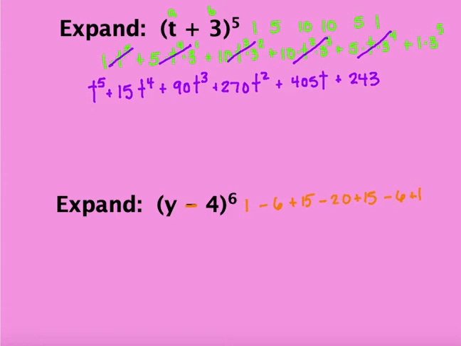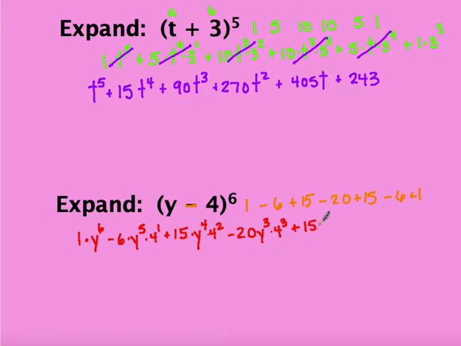So I'm going to start here. I'm going to take 1 times y to the sixth power minus 6 times y to the 5th times 4 to the 1st plus 15 times y to the 4th. So you can see my y's walking down, 6, 5, 4, and now my 4's are going to start raising. 1, 2. Then I have minus 20, y walks down, 4 walks up,